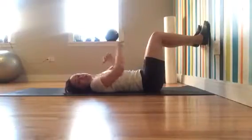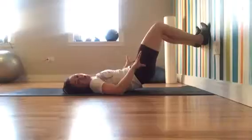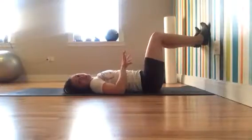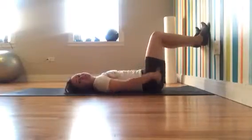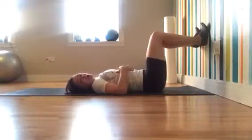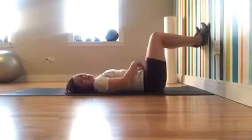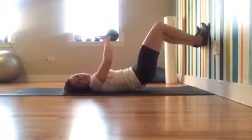So here are some rules. Your heels are going to be the driving force into the wall. You can even lift your toes away from the wall if you like, okay? So your heels. Always make sure if you're pushing yourself away from the wall to readjust into that 90-degree angle between sets, okay? Also, when you're doing this, I want you to always be pulling your pubic bone up first,